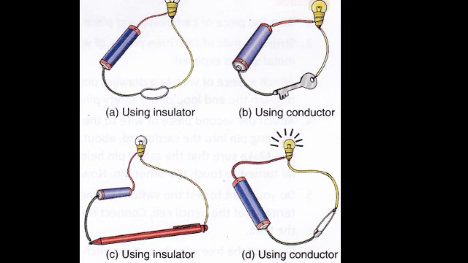Switches, electrical sockets, and plugs are made up of conductors. On the other hand, plastics and rubber are used for covering switches, electrical plug tops, wires, and other parts of electrical appliances, which people always touch easily. Caution: our body is a very good conductor of electricity, so we should always be careful when we handle an electrical appliance.